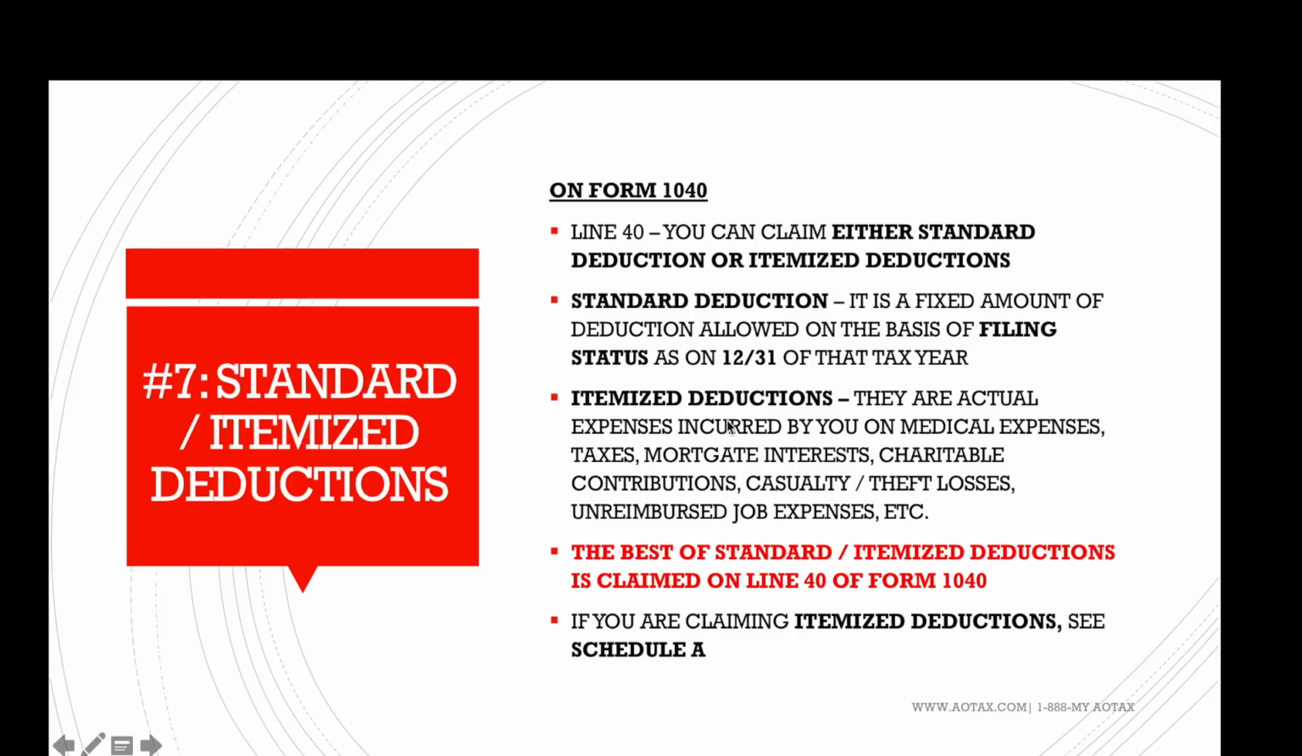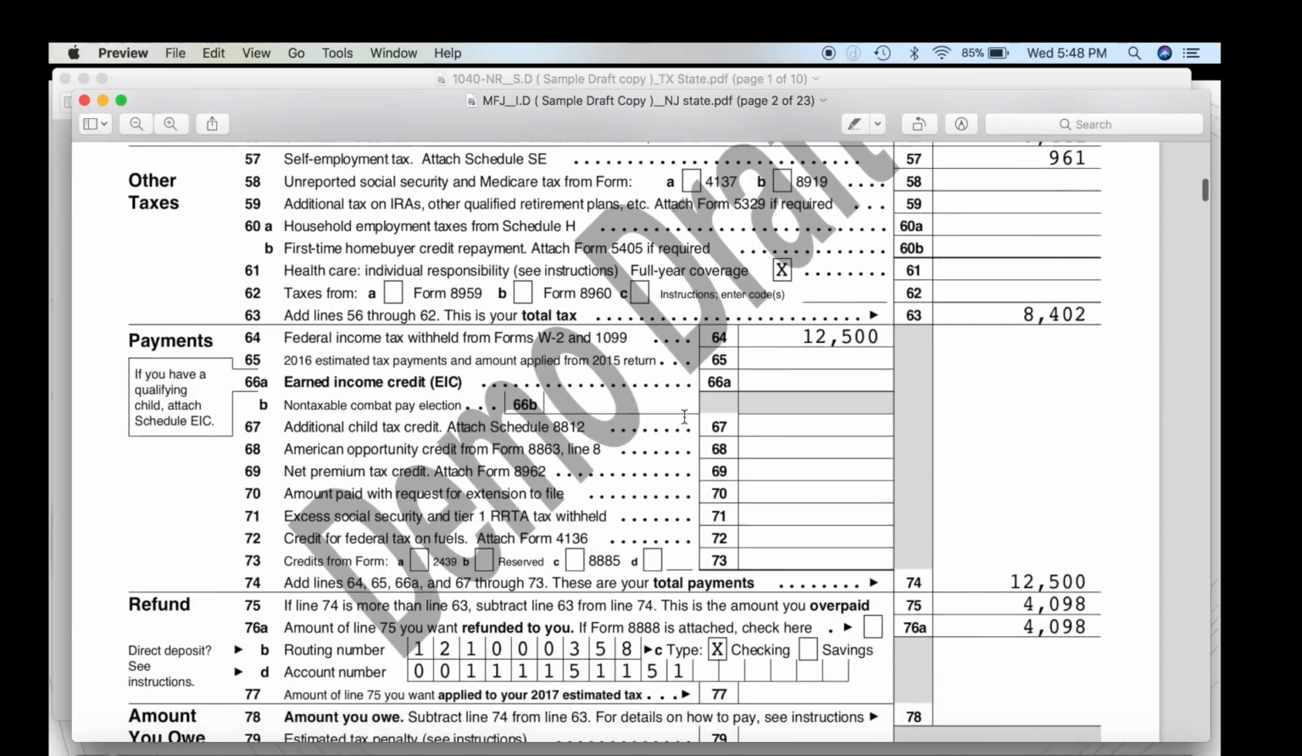And itemized deductions are actual expenses incurred by the taxpayer or spouse on medical expenses, taxes, mortgage interest payments, charitable contributions, casualties, theft losses, unreimbursed job expenses, etc. And the best of standard or itemized deduction is usually claimed on line number 40 of Form 1040. And if you are claiming itemized deductions, please see the breakup of that on Schedule A. And the Schedule A